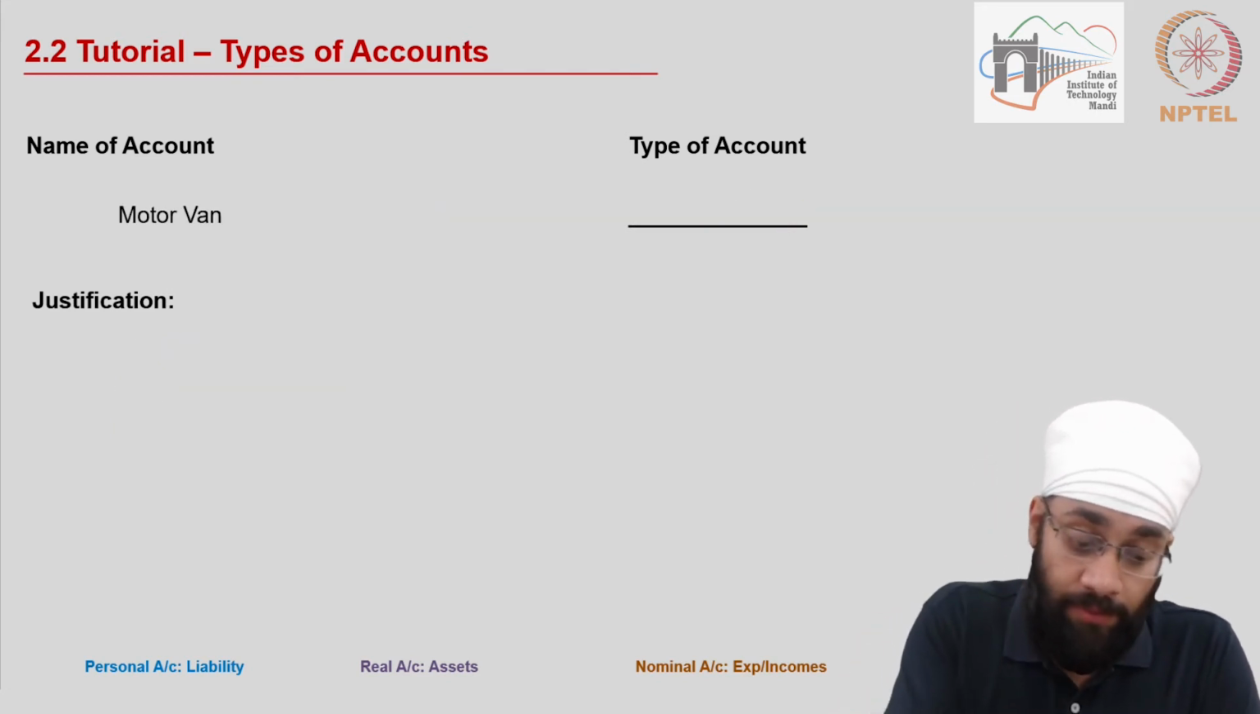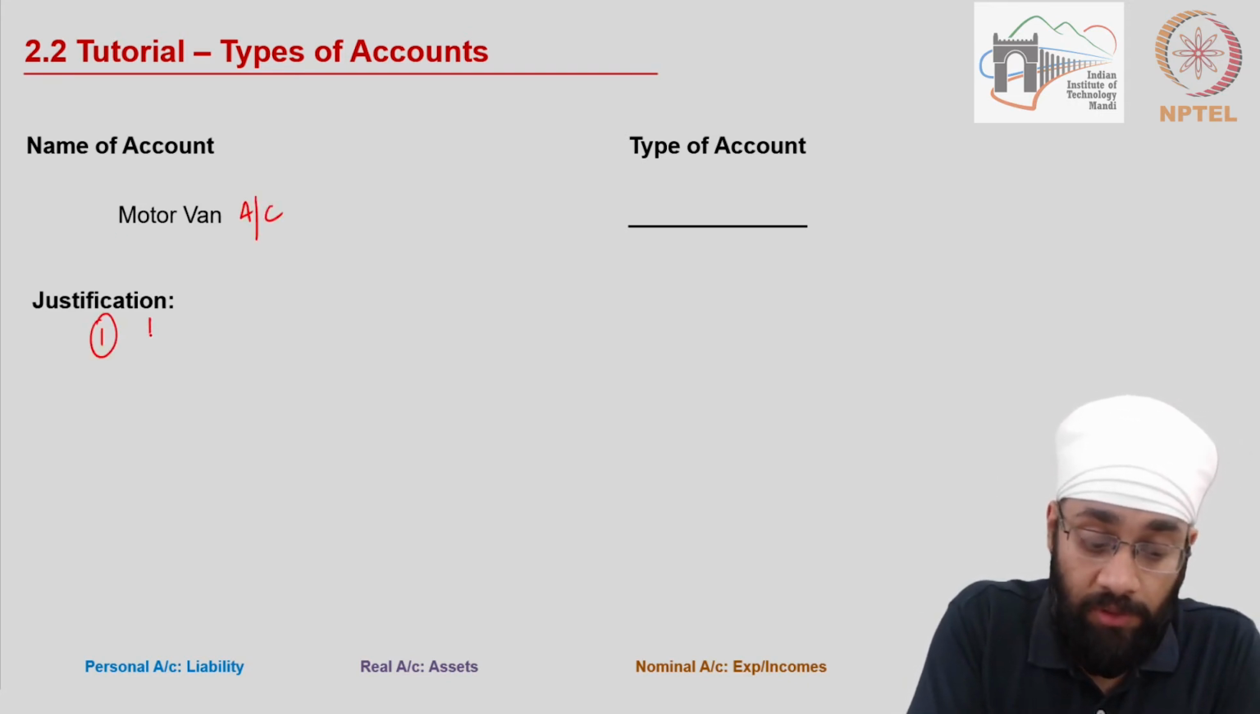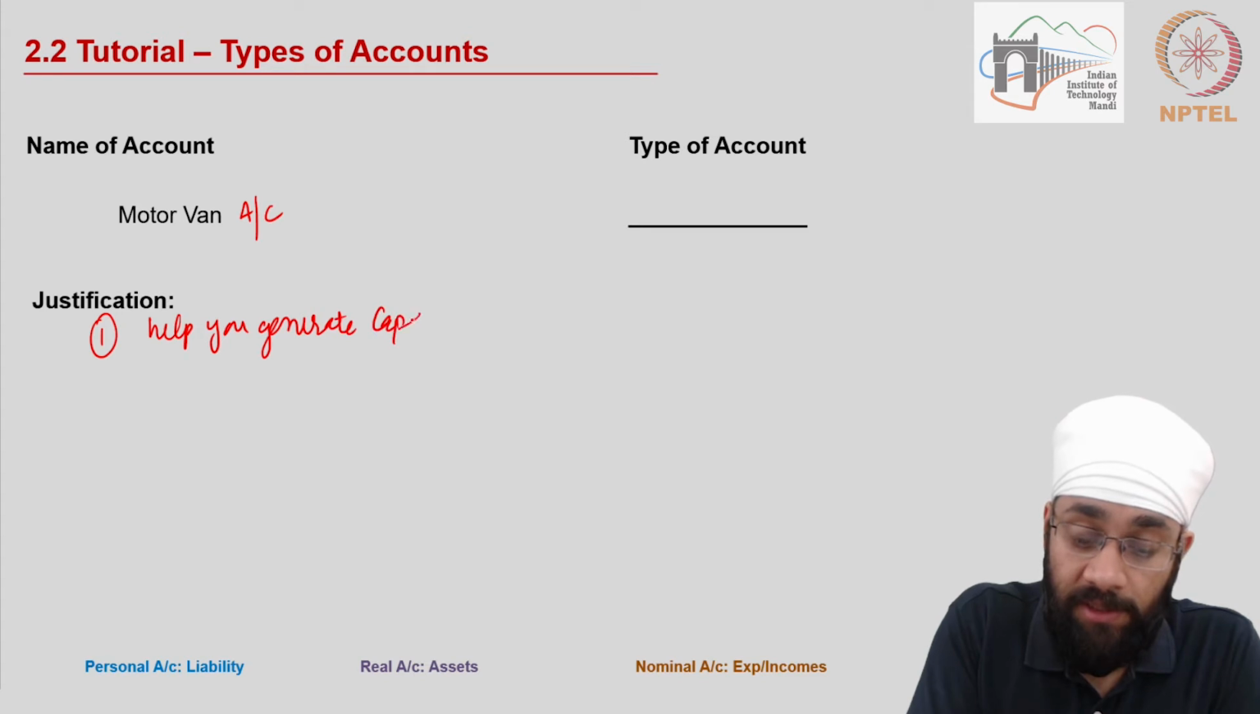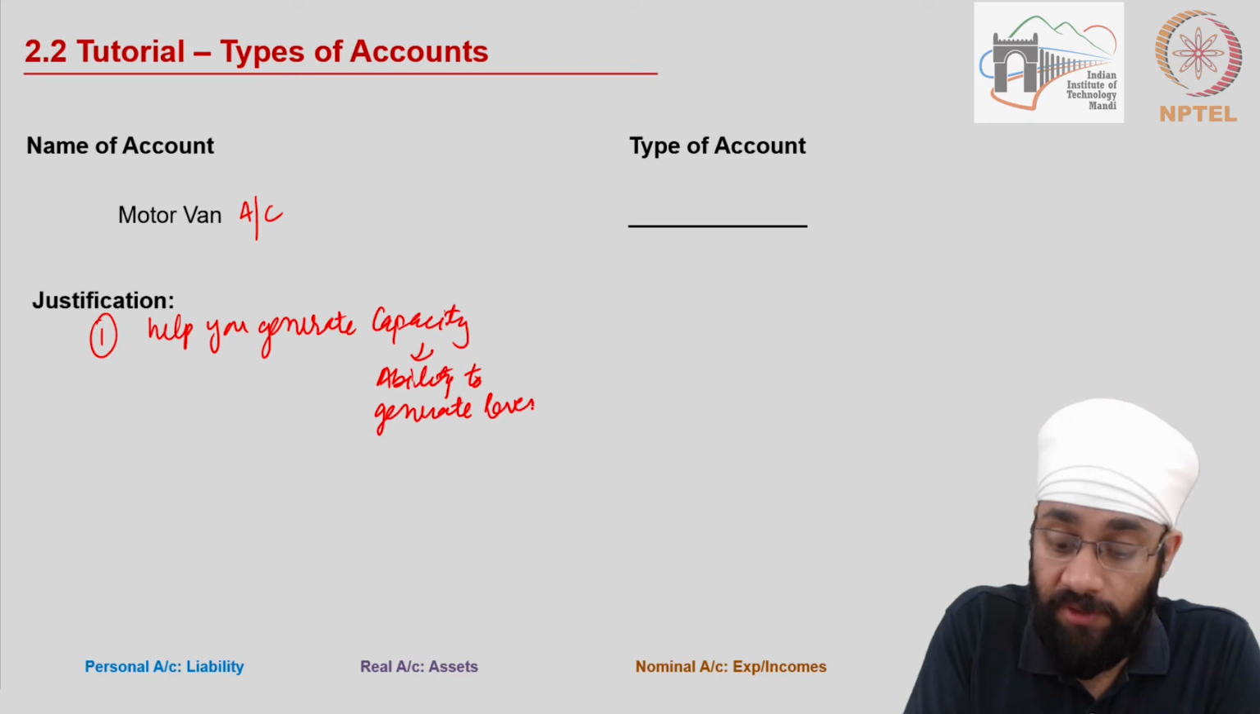Okay, motor van. Motor van, our vehicle basically. So motor van account is going to help you generate or create capacity. And when I say capacity, I defined this earlier as well: ability to generate revenue. How do you generate revenue? You run the operations